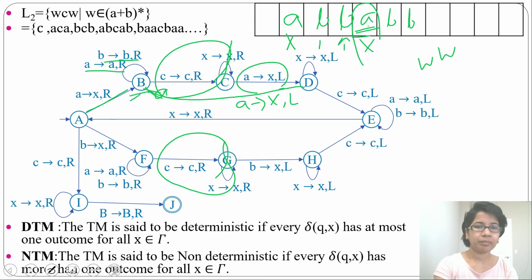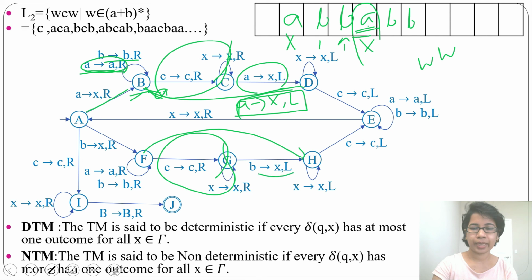Now you can see at state B there is a transition for moving right, and there is a transition that will change to X and move left. So there are more than one transition for same tape alphabet. Here tape alphabet is A. For A there are more than one transition. Here also for F, this transition will go to H, and if we see B, B will change to X and it will move left. So there will be B transition for moving right and there will be B transition for moving left with changing X. So that's why this will be a non-deterministic Turing machine.